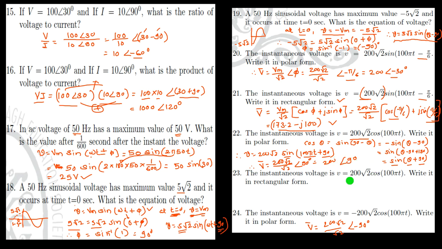In a similar way, you can solve for this also. You have to represent it in the rectangular form, that is 200 cos of 90 plus j sine of 90 over here. Here a minus 200 root 2 is given. So to absorb the minus sign here, this angle must be negative. So it is minus 90 degree. So again it will give you 200 at an angle of minus 90.